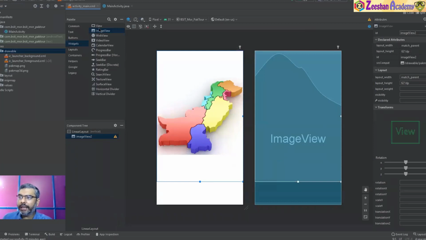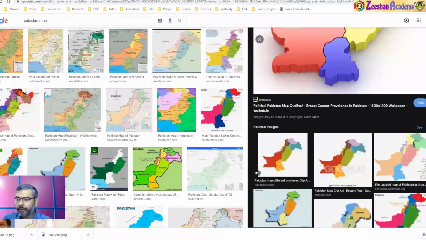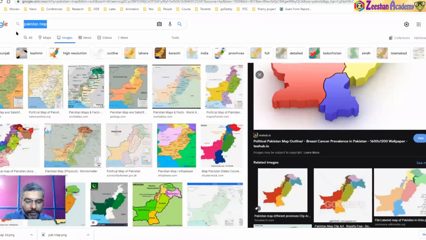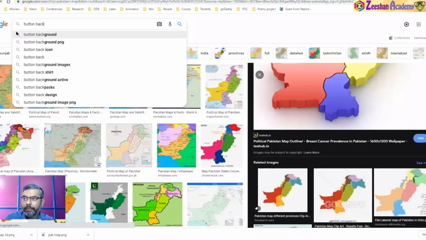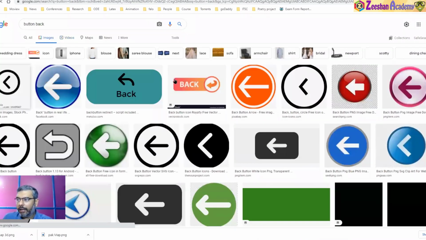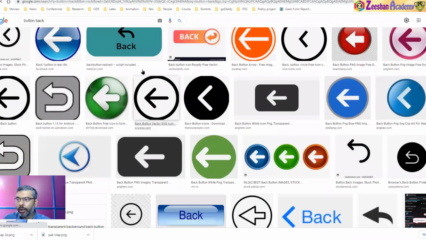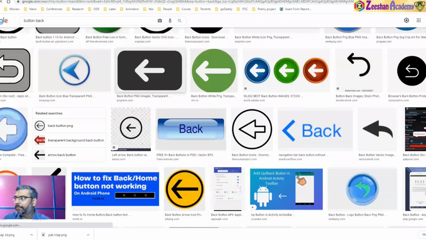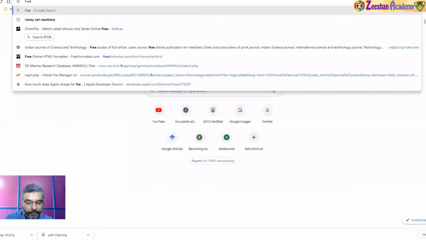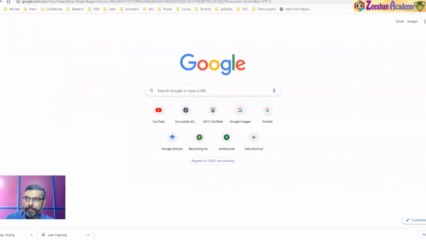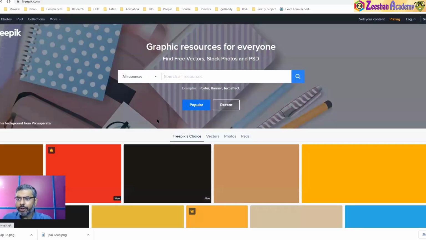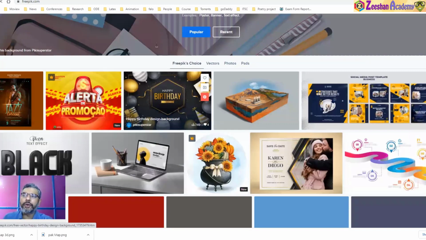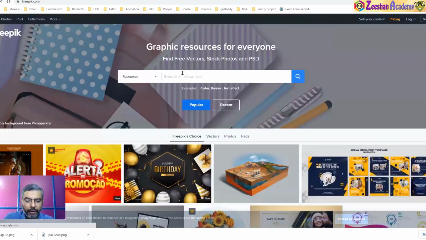Now, sometimes we create our buttons from here, but you would find there are apps that will allow you to have very cool buttons here. So, for example, button background. Okay, and you will find there are lots of nice and cool and very aesthetic buttons available. Sometimes we use this from FreePik. I think freepik.com. Okay, so you can use very cool graphics from FreePik as well, and they will allow you to